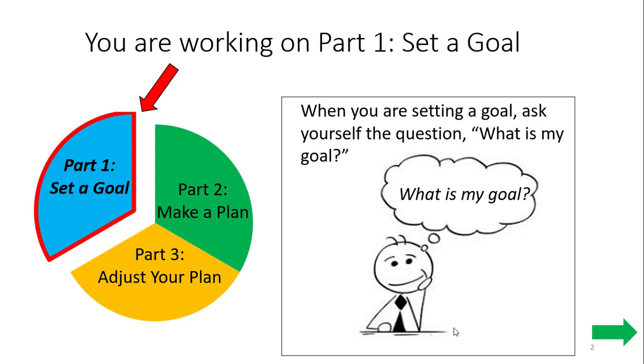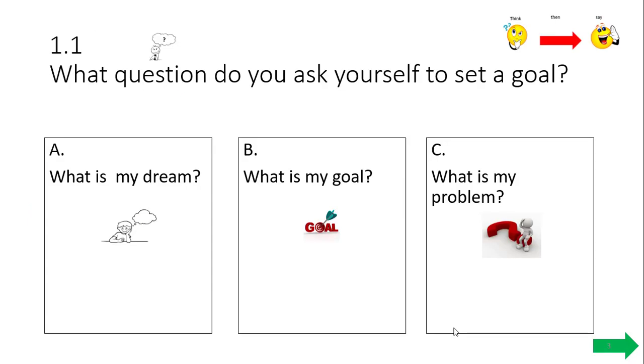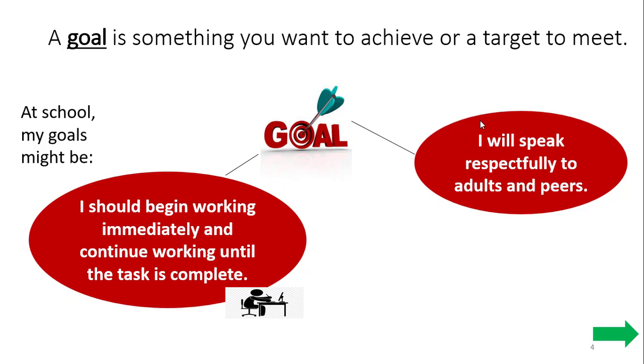And remember that question that you ask yourself when you set a goal is, what is my goal? When you take your probe later on, you will see question 1.1 says, what question do you ask yourself when you set a goal? Look at what's B. B says, what is my goal? And we know that that's our answer because it has to do with setting a goal. The other two are silly. It has to do with what is my problem, what is my dream. You know that that's not the right answer. So you can go ahead and select B. What is the goal? Point to B. Isaiah, point to B. Great job.